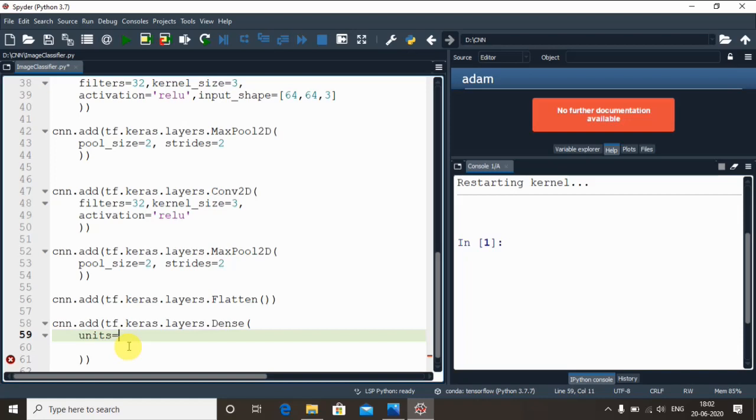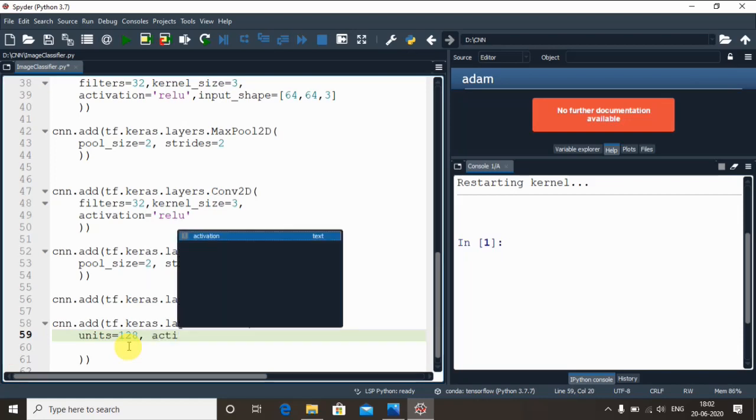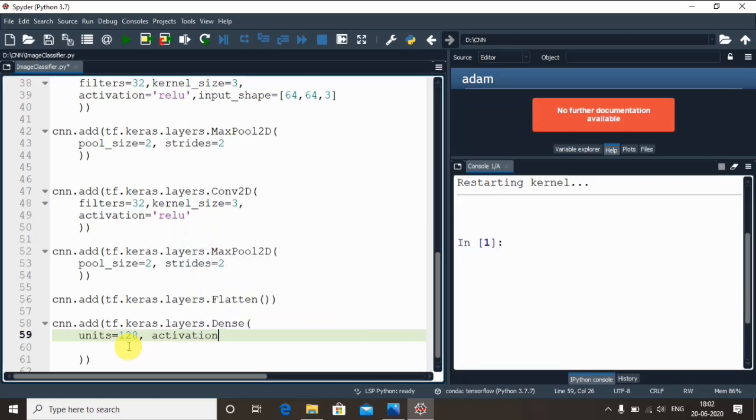Since I'm dealing with computer vision, I choose a larger number of hidden neurons. For example, I take 128 hidden neurons, and I give the activation function again as ReLU itself, right? Because we have not reached the output layer, the next argument will be the activation, and I give it as ReLU itself.